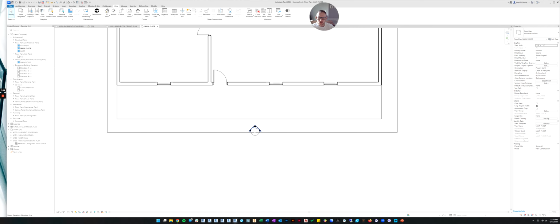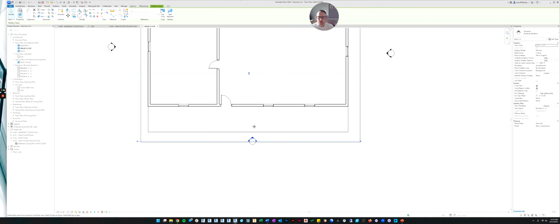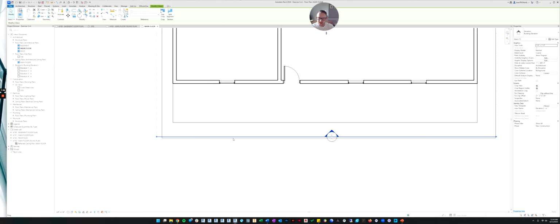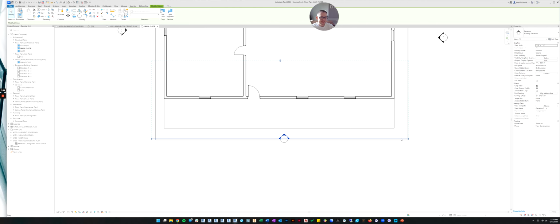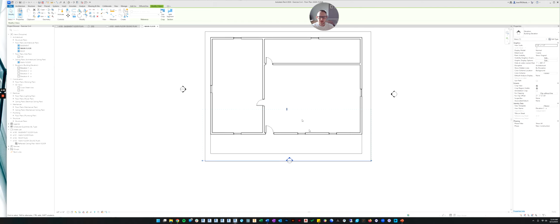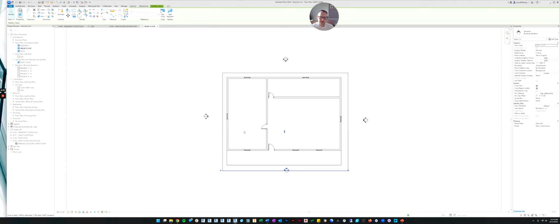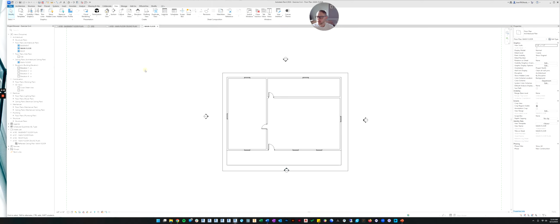If you click once on the arrow, you're going to get a new set of drawing elements. There's this line right here that symbolizes the front of the view, and then this represents the back of the view. So you can see how it's cutting the house before the roof finishes. So maybe